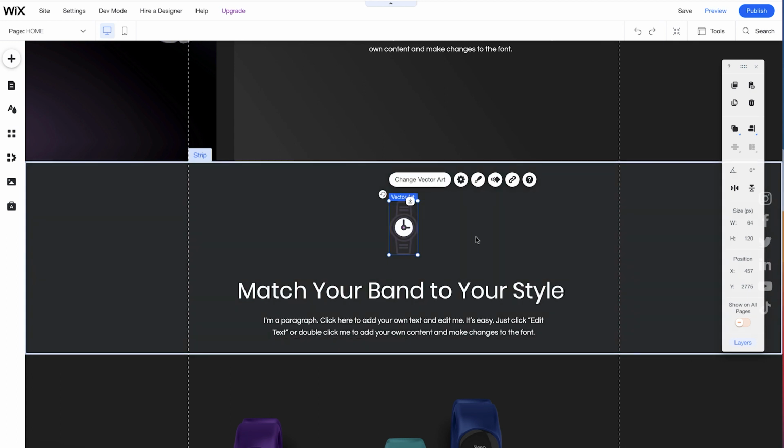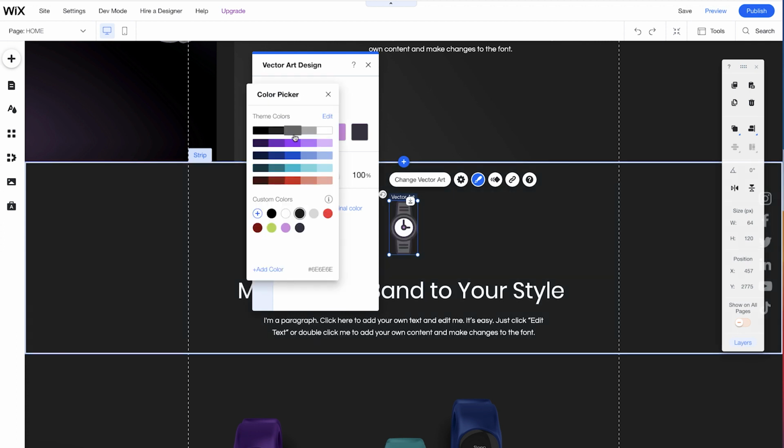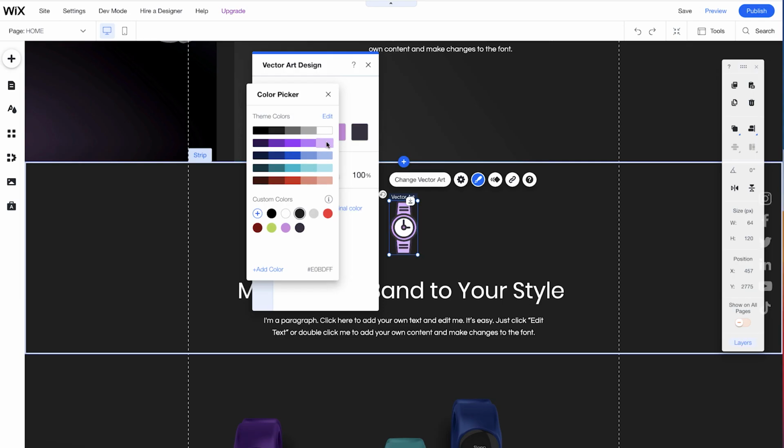Okay, we can see one small problem, and that's that the background of the vector art is the same color as the background of the strip, so it's not very clear. So let's go to design and see what we can do. Oh, cool. So we can change the different colors of the vector art individually. So let's take this black color, for example, and you can see that we can change it to each color here. Something that I think is really, really amazing is that it's actually your site theme colors that show up here in the color palette. So it's not just random colors, it's actually your site theme, which really helps to add to the cohesiveness of your site. So let's, for example, choose this light grey color.